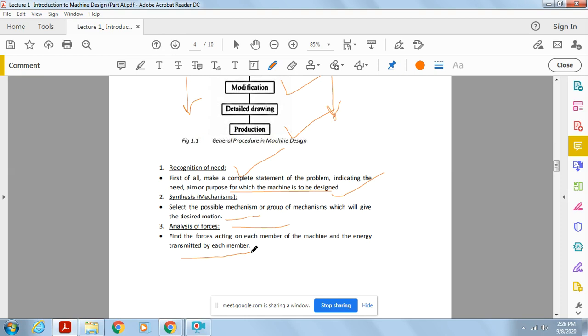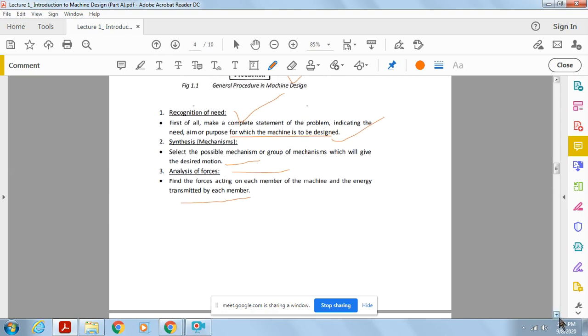If any particular loss or obstruction is there within that transmission cycle, you have to identify that and omit it, so that it will not create any interruption while designing, and it may also create some cost impact. What happens if there is any obstruction in the transmission of load? That will of course create some error, and from that error the loss becomes high, the efficiency drops, and when the efficiency drops, the performance becomes poor. So analysis of this force or power transmission is a very important part.